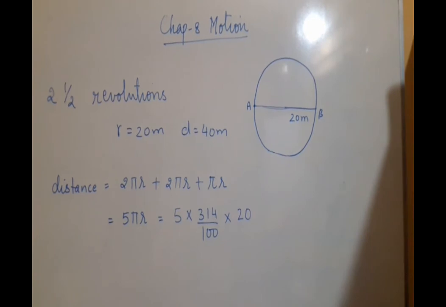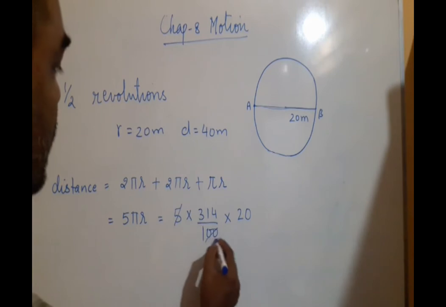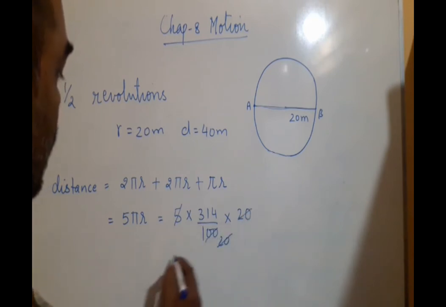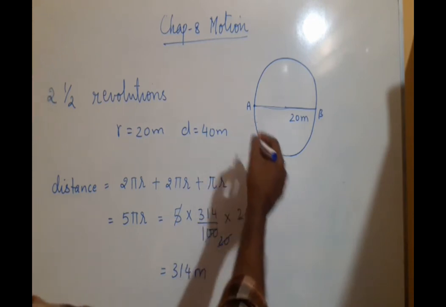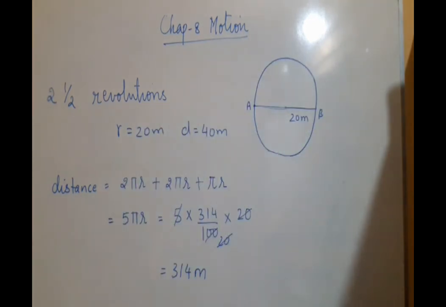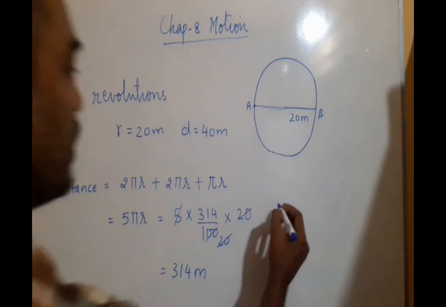So total distance run is 5 pi r. We have 5 × 20 × π, which gives 314 meter. He has taken 2.5 revolutions, running a distance of 314 meter. But the displacement,